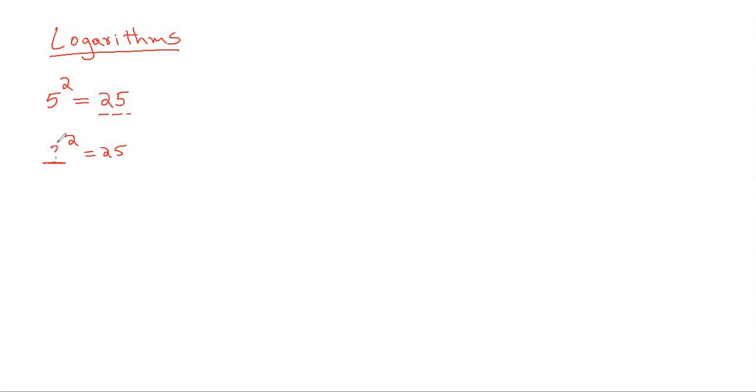So what does this mean? You give the answer immediately, 5. So 5 square. So the dash can be here and here. Suppose 5, and if I keep the dash here equal to 25, then immediately I'll give the answer as 2. So the question mark can be in any of the three places. Suppose I keep the question mark only in the power, and I want you to frame the question as a complete sentence.